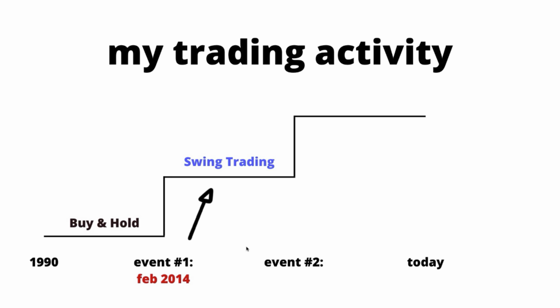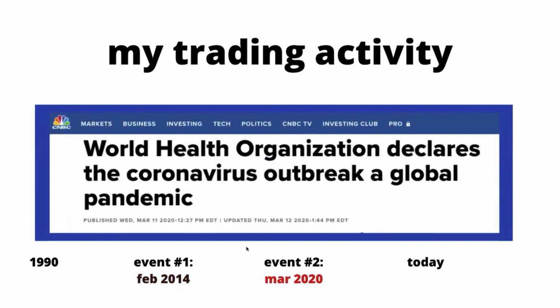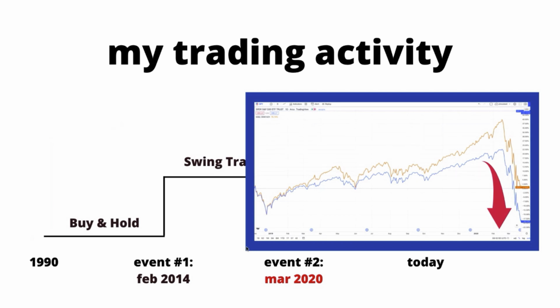So I was doing a lot of swing trading once the zero commission structure opened up, because I didn't have to pay the commission. Then the second event occurred in March of 2020, right? We had that global pandemic, which affected everyone everywhere. It didn't matter who you were, what country you were from, or what you were doing. The global pandemic hit, and the big result in the financial world was that we saw the stock market go down.